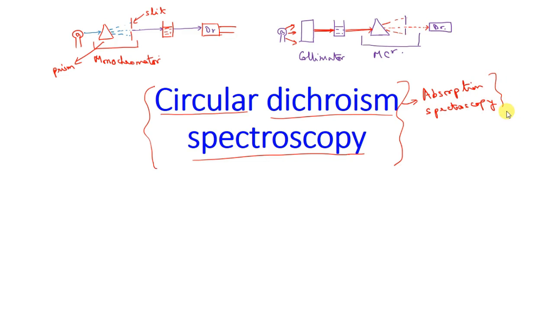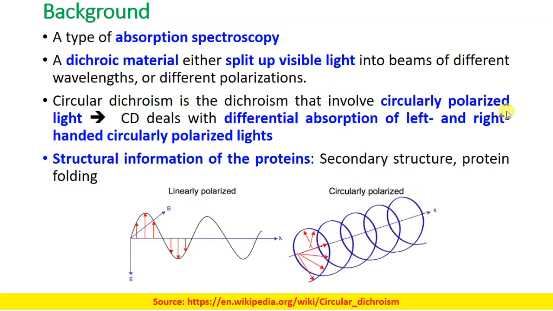Okay, now let's see what it is. The circular dichroism spectroscopy is an absorption spectroscopy. So it is just another variant of this absorption spectroscopy, and there will be some changes in the optical parts. Okay. So a dichroic material